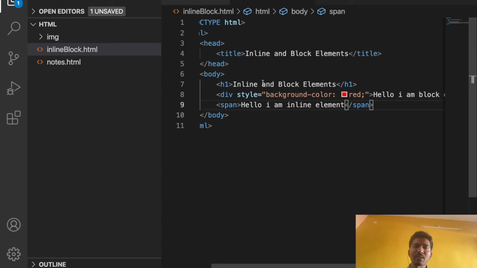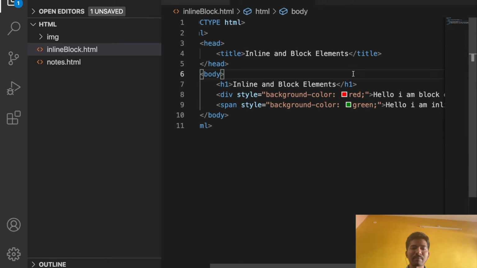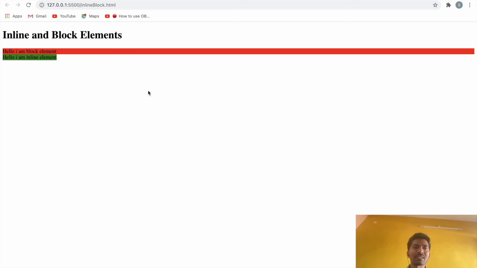Let's give the same style here also, but instead of red I am giving green. Now let's see. This span is taking only from here to here. It's not taking the complete width. So that is the difference between an inline element and a block level element.